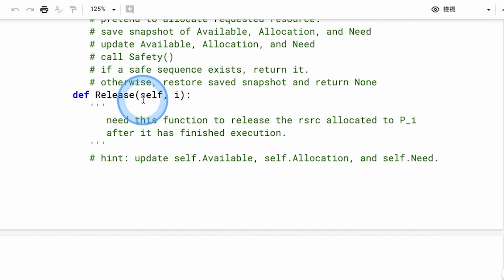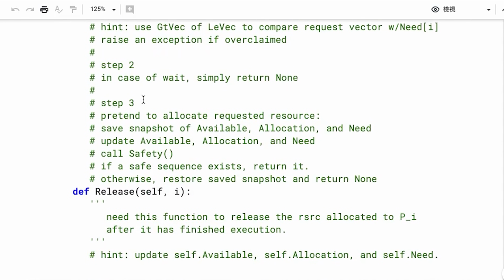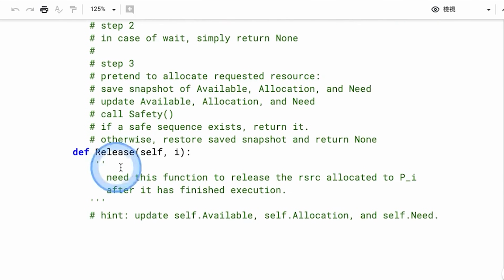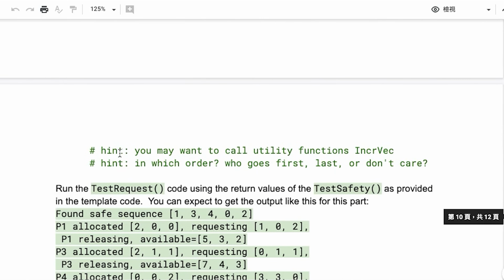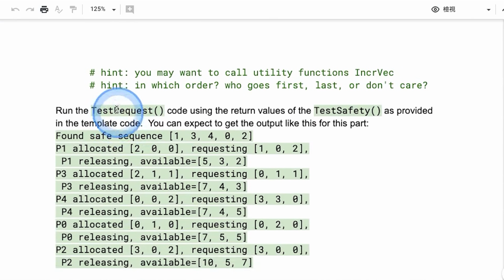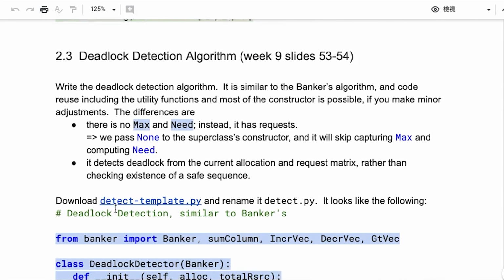And then it does have to do not only request, but release, so that those values can be updated properly, okay? So even though the book pseudocode doesn't do some of these, in order for it to run correctly, you need these additional methods to make sure the bookkeeping is done properly. Okay, so you can run the test request, and then you'll get the allocation, release, and available allocation, release, and so forth, right?